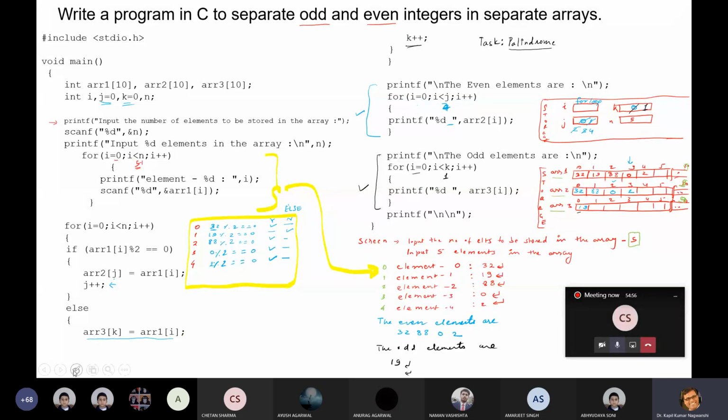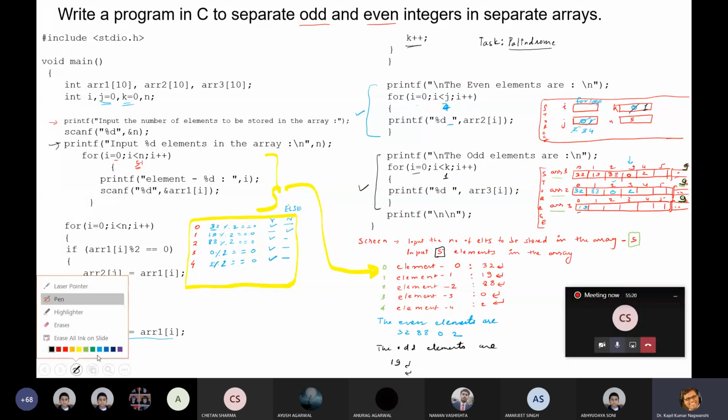Let me write in some other color. So up to 9 it will be created. Now the next line: printf input %d elements. So input 5 elements in the array.